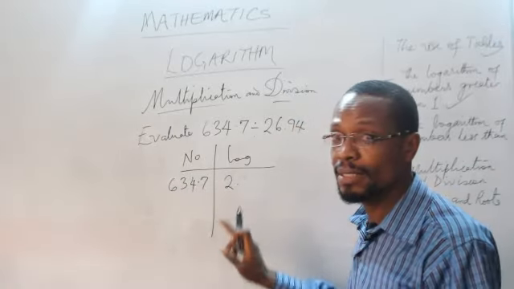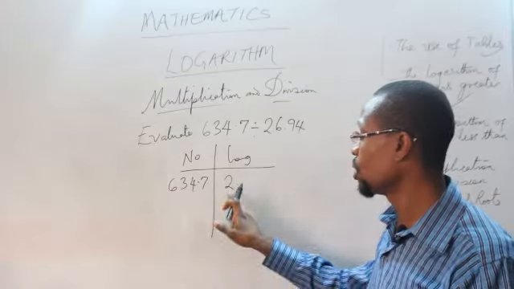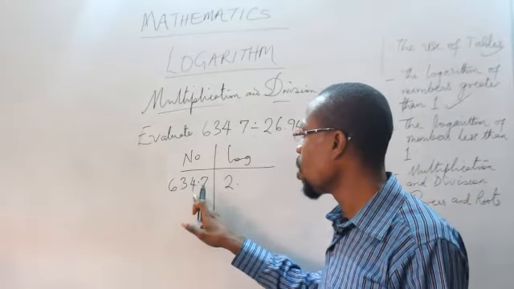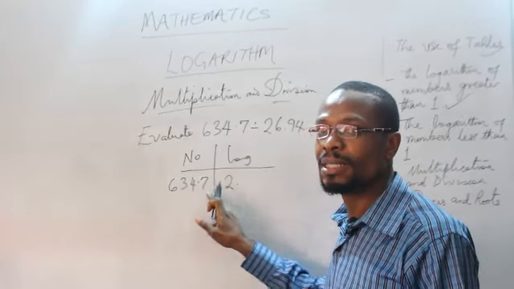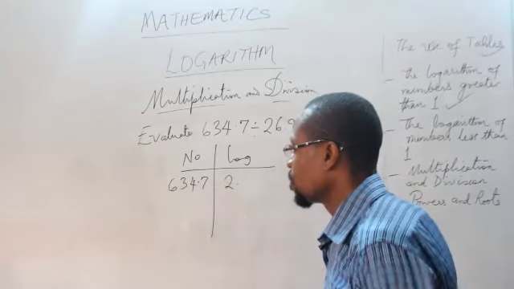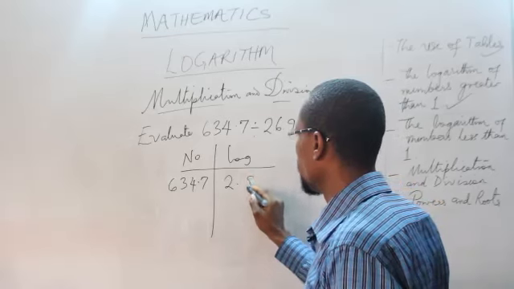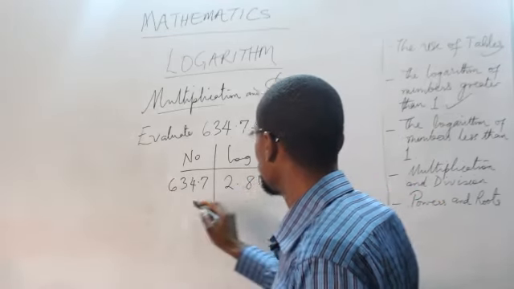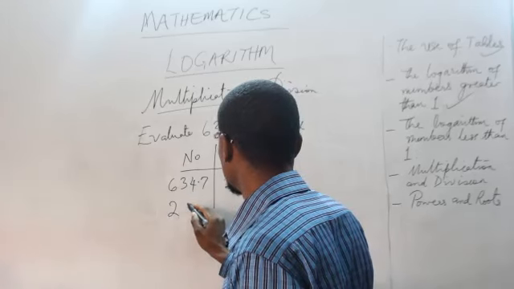So our characteristic is going to be 3 minus 1, which is 2. Now we look for the logarithm of 63 under 4 difference 7. And that will simply give us 8026. We move on to the next one, which is